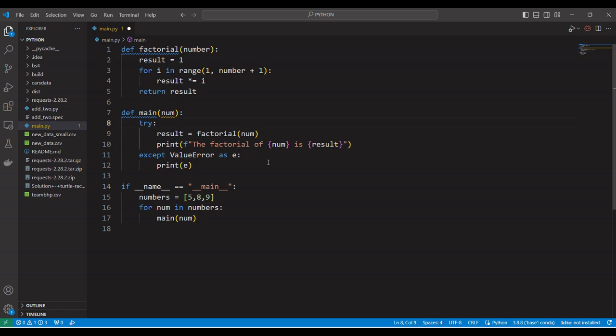So in this video we'll learn how to do debugging in VS Code. Normally when you do debugging we tend to write a lot of print statements, which is okay if you are handling a very small project, or maybe you don't have a very big file where there are hundreds of lines of code. In that case using print statements is okay, but if you work on a bigger project where there are a lot of lines of code, you have to use the VS Code debugger to understand where your